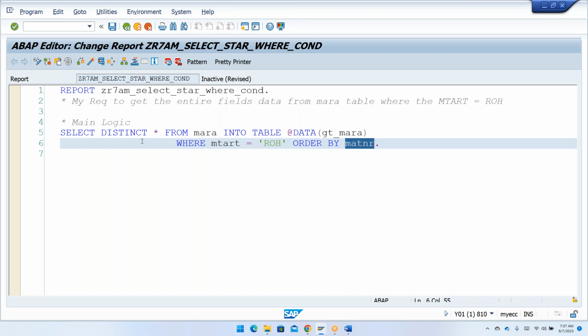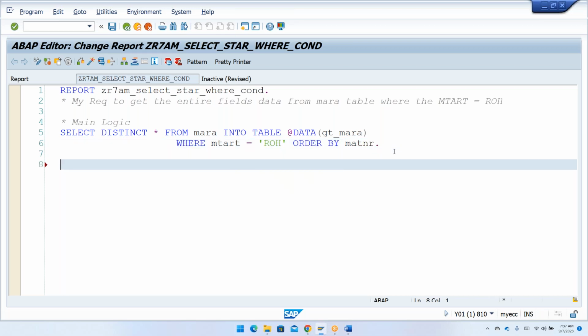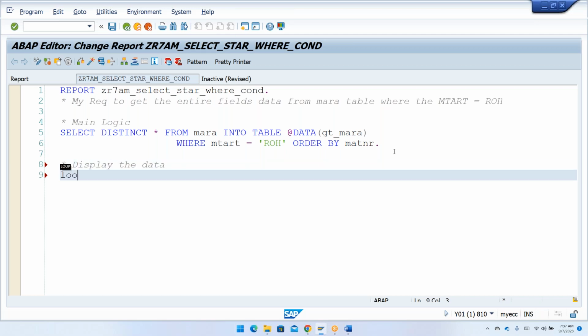So you don't need to write your order by, your sorting condition, or your delete adjacent duplicates. Remember that. Now I'll just say display the data. See how we are reducing the code. Display the data. So the same thing, loop at gt_mara into data of gs_mara, and then we will be writing this as gs_mara-